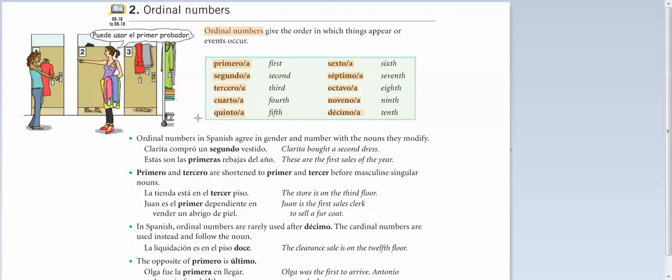Okay, so I'm going to go ahead and talk to you guys about ordinal numbers. Ordinal numbers give the order in which things appear or events occur. So they're like first, second, third, fourth, fifth, sixth, seventh, eighth, etc. Ordinal numbers in Spanish agree in gender and number with the nouns they modify,